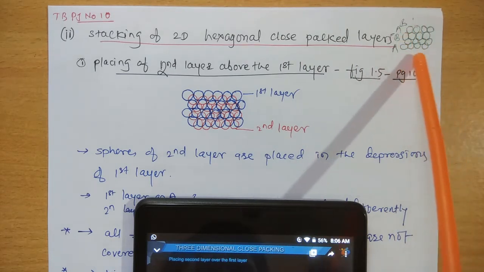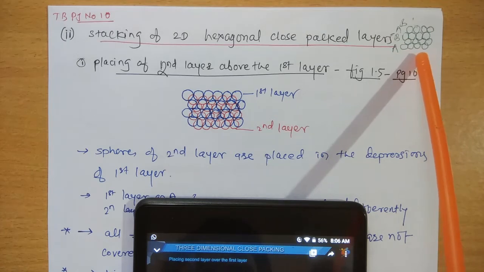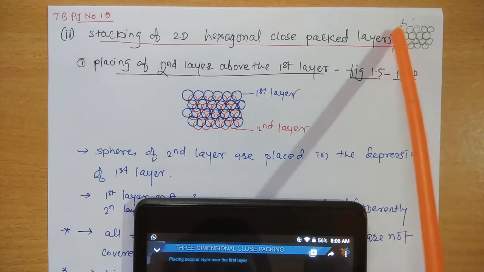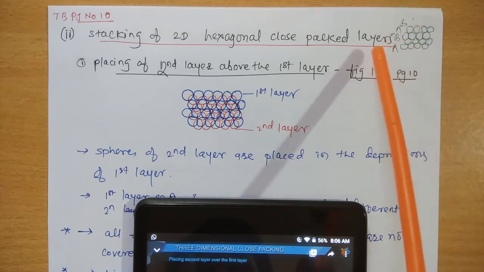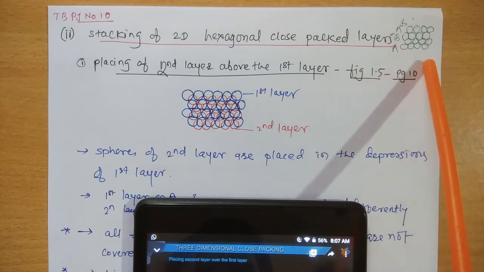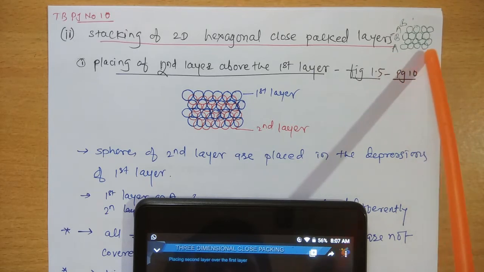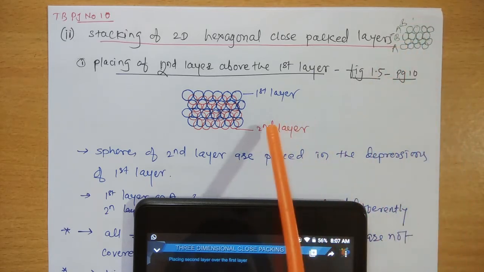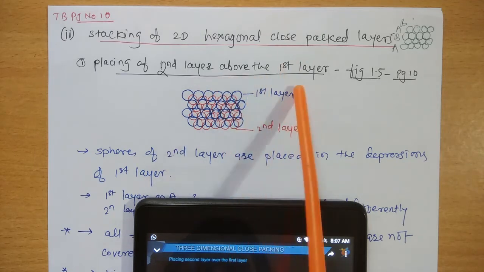So this is the hexagonal close-packed layer in two dimensions. Previously we saw the stacking of two-dimensional square close packing. This is hexagonal close packing. Now this two-dimensional close packing is used to create a three-dimensional close packing.